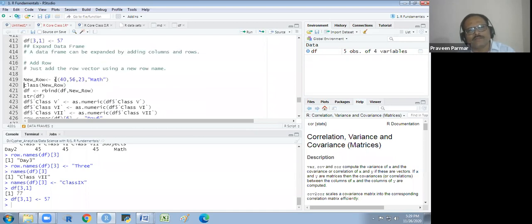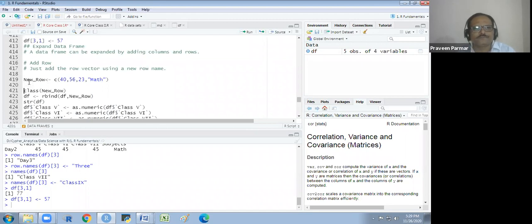So I am making a new row with a vector. This is a vector. New row is a vector name I have given. I could give any name, X, Y, Z, whatever you want. And there are the four columns. We know the first column is numeric, second is numeric, third is numeric, and the fourth is having the subject name. So I am writing here the maths under quotes. And if I run this,